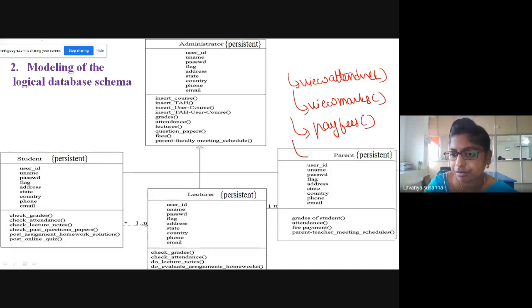Next, view scheduled meetings, when the meetings are scheduled, just like parent meetings. In this way, identify what they will do and write down all these methods. Method names must be very simple. Just like view attendance, view marks, pay fees, view meetings, all these things parents can do.